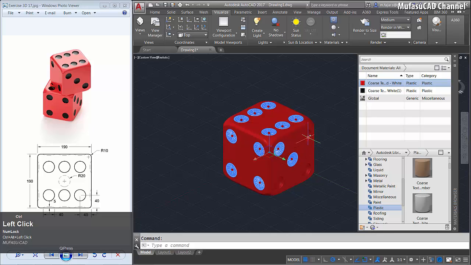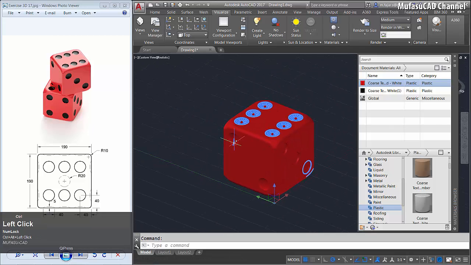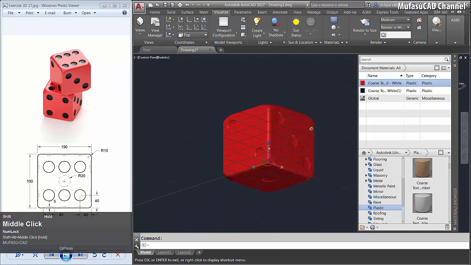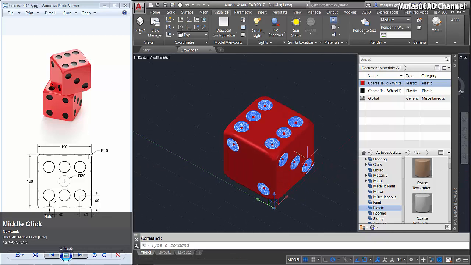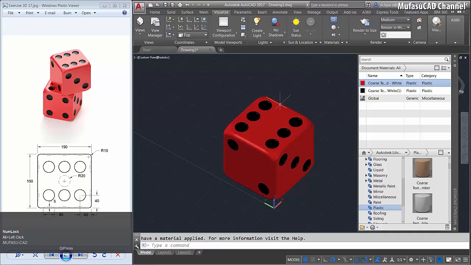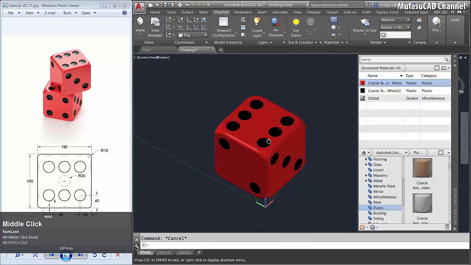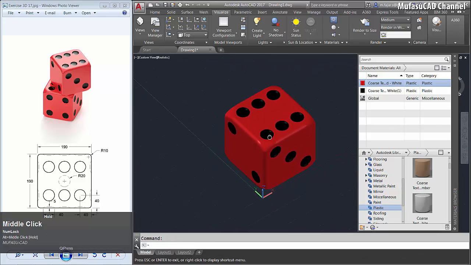Okay, select this face one by one and we rotate and select in here this face, and then the last in the bottom here in this face. Okay, right click in black color here and assign to selection. Press escape button to close, and then we already apply material into this object.